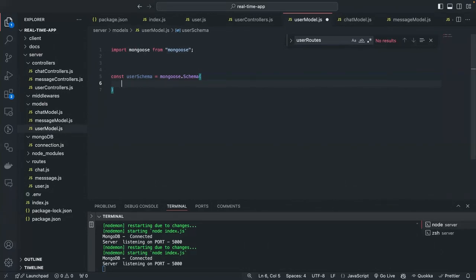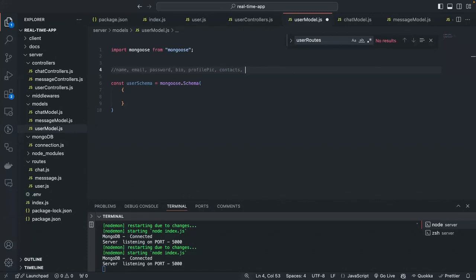So you guys have to plan it, right? So it will be an object. Inside that, what do we want? When we are registering the user or logging in, we want to have the name because it's a chat application. We want to have email. We want to have password, again depending on your use case, business case, right? And we also want to have some kind of bio, that the person is available or not available. Then if you want, you can have some kind of profile pic, and maybe contacts, that would be multiple contacts,